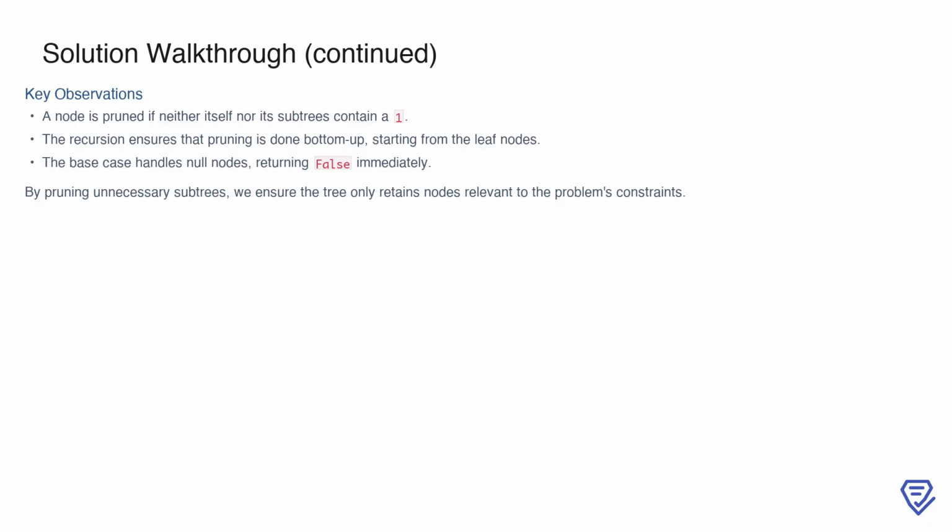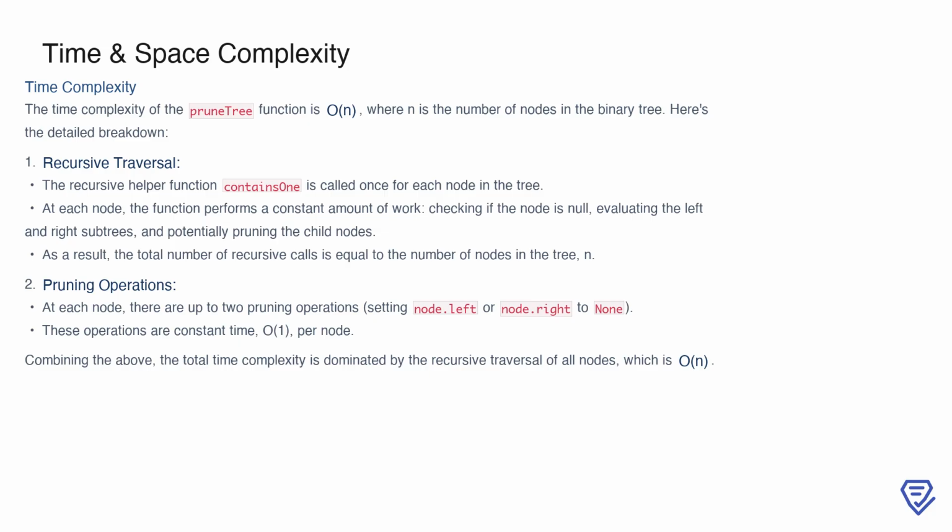problem's constraints. The time complexity of the pruneTree function is O(n), where n represents the total number of nodes in the binary tree. This is because the recursive helper function, containsOne, is called exactly once for each node. At each node, the algorithm performs a constant amount of work. This includes checking if the node is null, evaluating the left and right subtrees, and determining whether to prune any